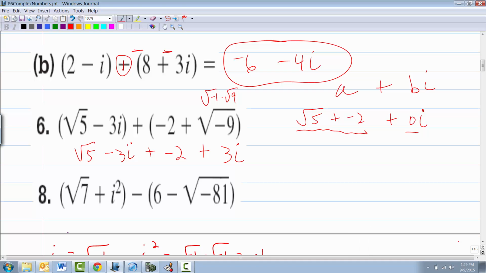Root 7. Just going to tell you can't do anything with that. First person. What is i squared? I'm going to make you think from last year. So we're going to break this down. Same student. What's root 2 times root 2? Just answer that question. We're going to build you to somewhere. What's root 2 times root 2? 2. What's root 7 times root 7?